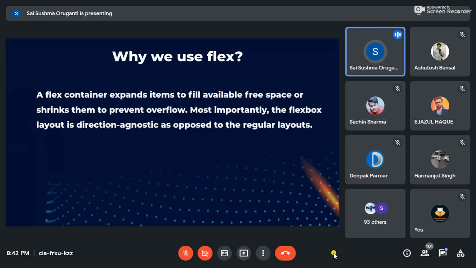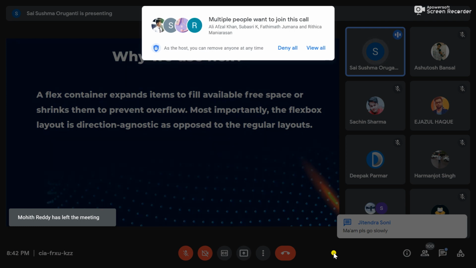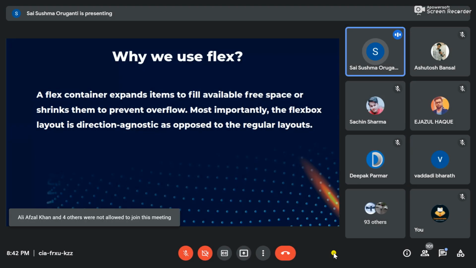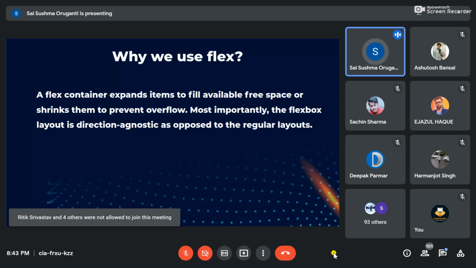Suppose you have five images and you want to arrange all these five images in a row with equal spacing. If you arrange them statically, the spacing between the images will differ slightly from screen to screen, like for laptop and for mobile. You cannot easily recognize it, but it differs. If you use flex, it dynamically takes the screen width, for mobile and for laptop, and it aligns the items. So for responsive layouts we use flex.